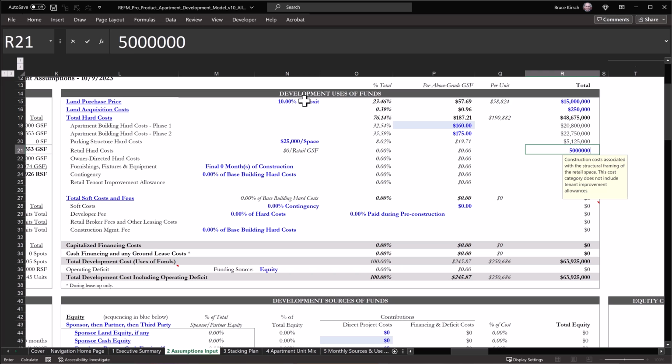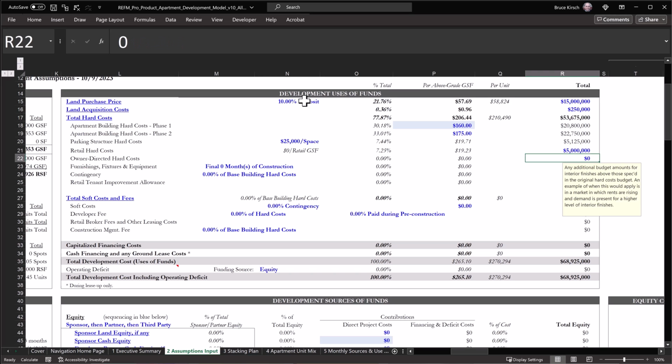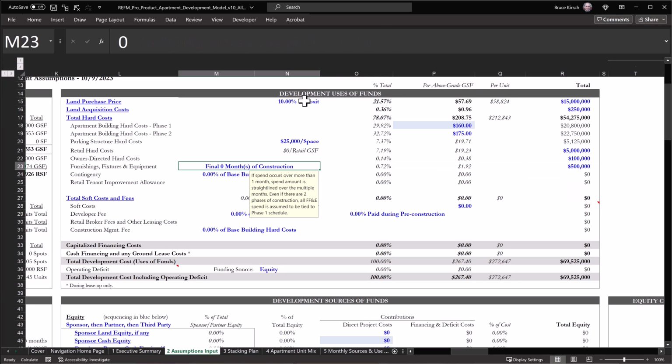We enter in an additional $5 million for retail hard costs and $100,000 for owner-directed hard costs and $500,000 for FF&E, which we'll say is going to be spent during the final 2 months of construction, and we'll include a 5%